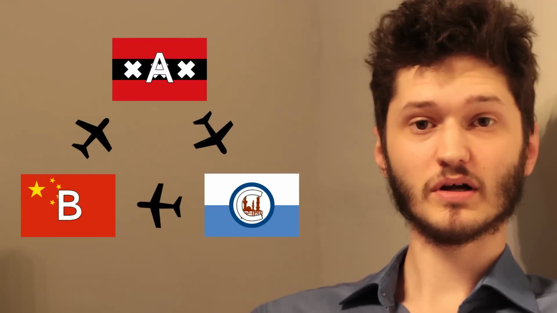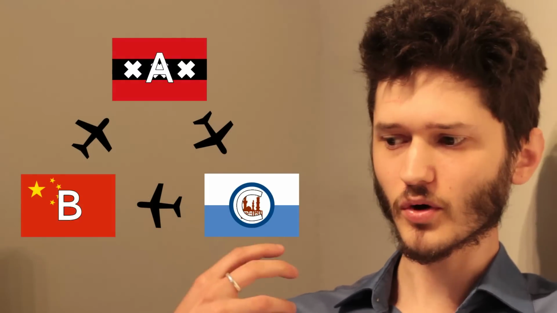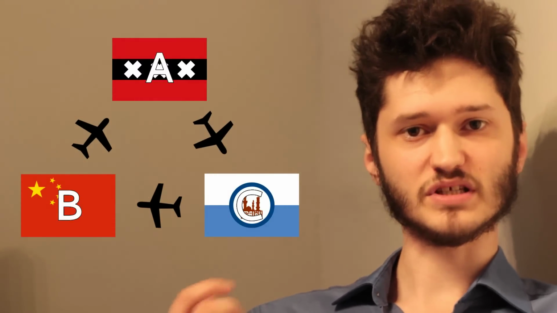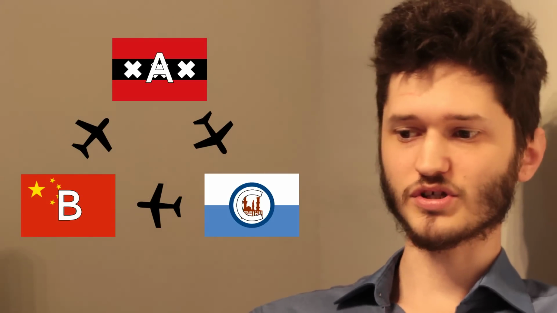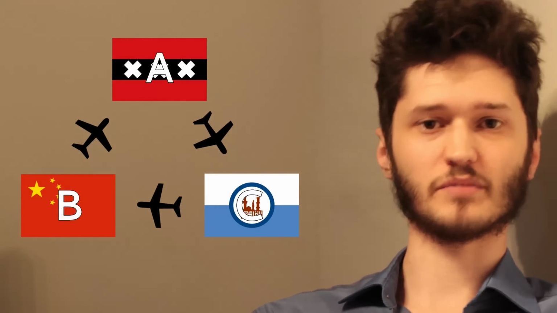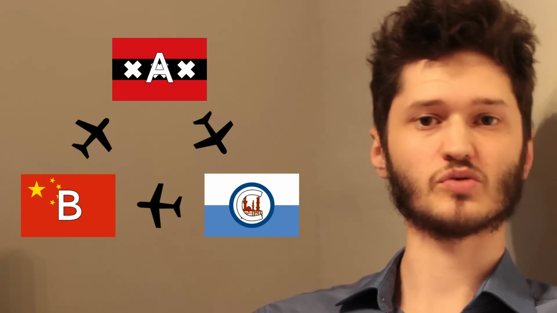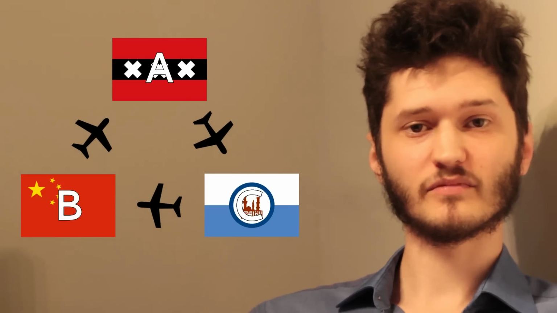And hey, what do you know? I prefer to be in Cairo. So you can see that if your preferences aren't transitive, you can get sort of stuck in a loop, where you just expend all of your resources flying between cities or in some other way changing between options. And this doesn't seem very smart. So if we accept these two pretty basic assumptions about your preferences, then we can say that your preferences are